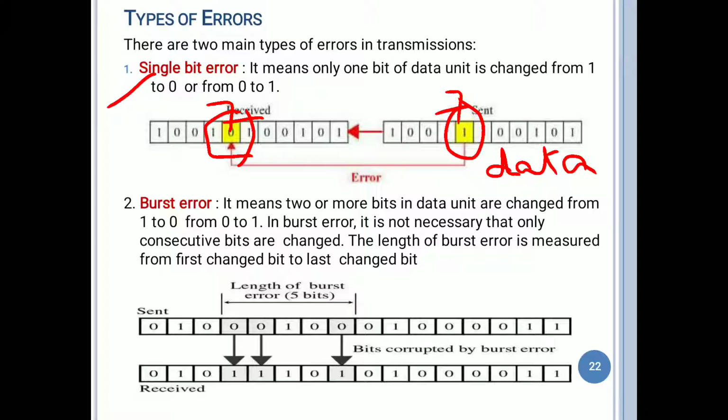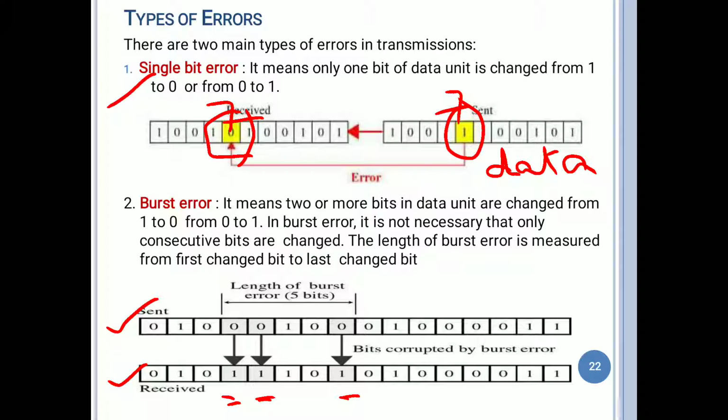So here is the example. This is the sender's data and this is the receiver's data. Here more than 1 bit is changed. This 0 bit is changed to 1, this 0 bit is changed to 1, and this 0 bit is changed to 1. That means in 3 places the data is changed, so the error occurred in 3 positions.